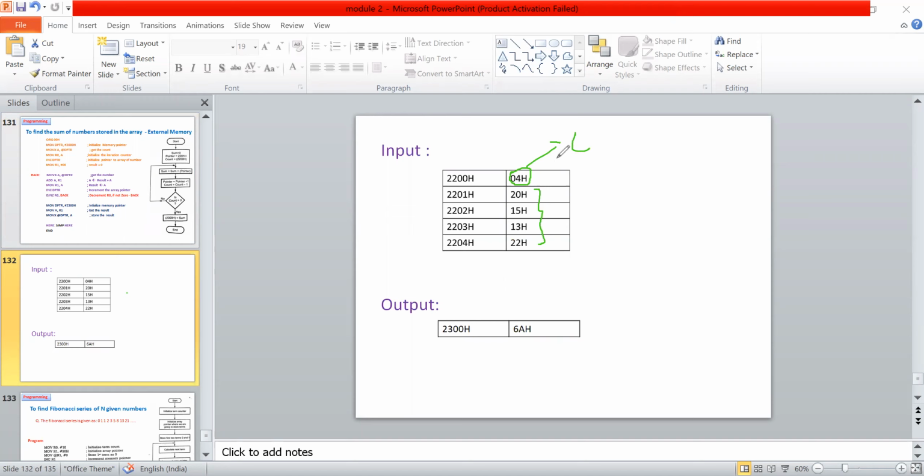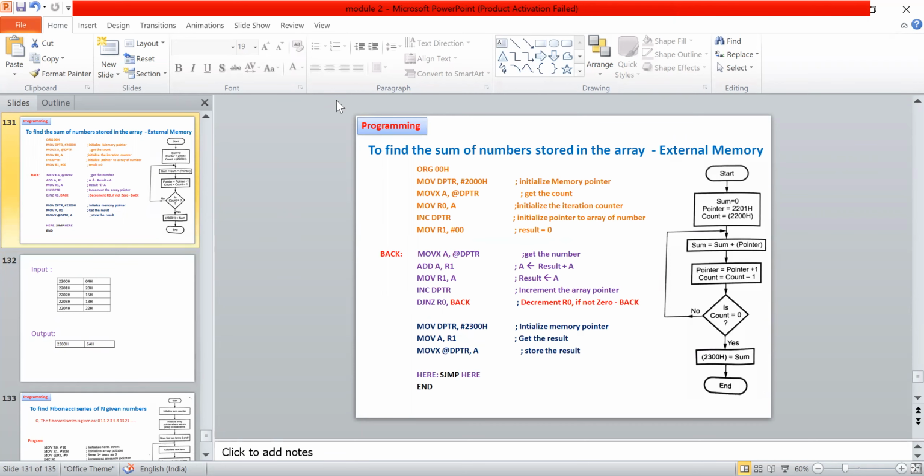This is your count. As per the program, the counter is in the memory itself. Initially, if it is external, keep in mind to point to a memory location. So we have to place DPTR, comma, some data. Now 2000 will be moved into DPTR, which is going to be a memory pointer. In the 2000 address, the data we are pointing to now, we are moving to the accumulator. So we retrieved the first location data, which is going to be a counter.